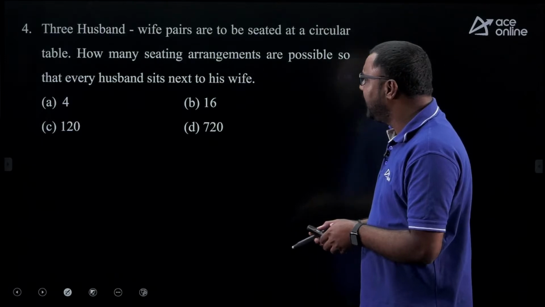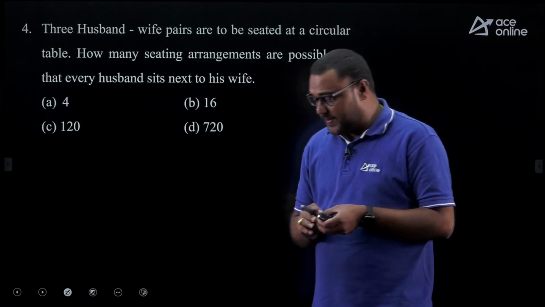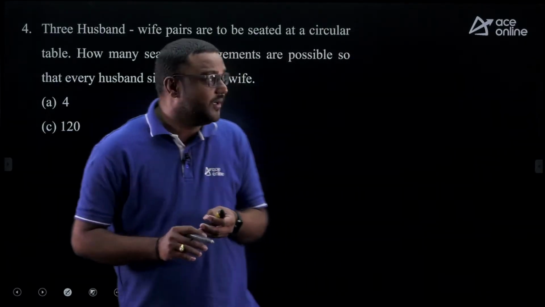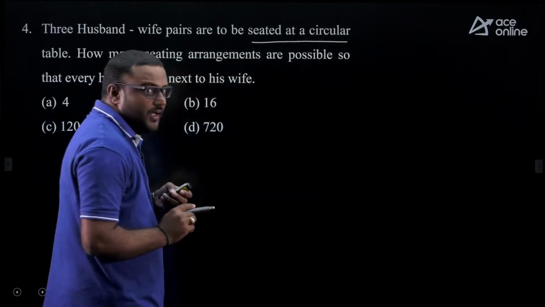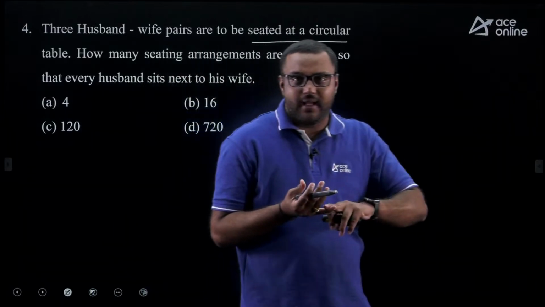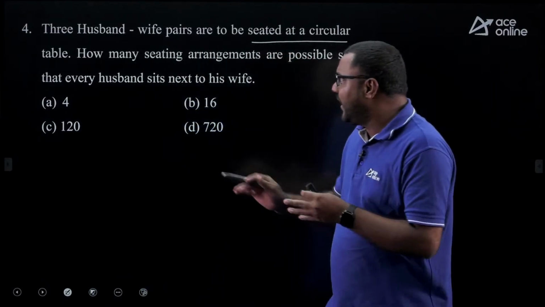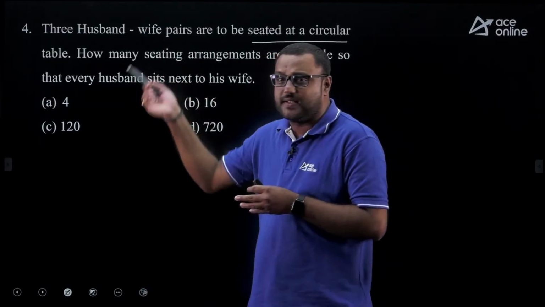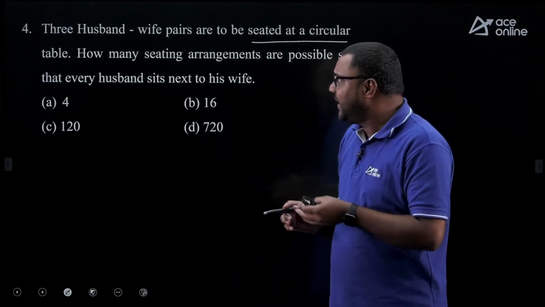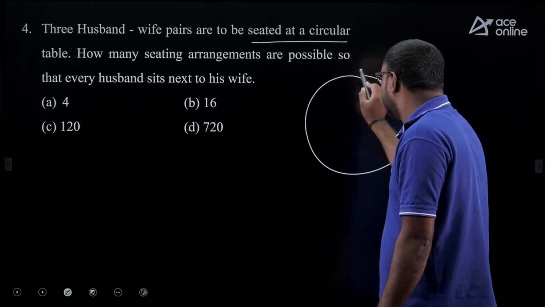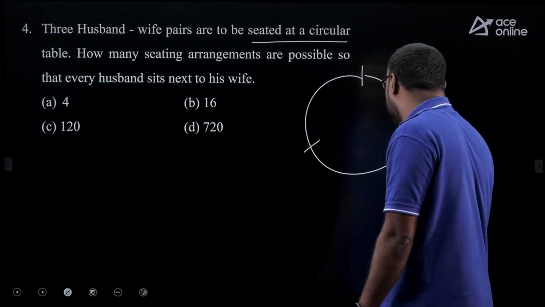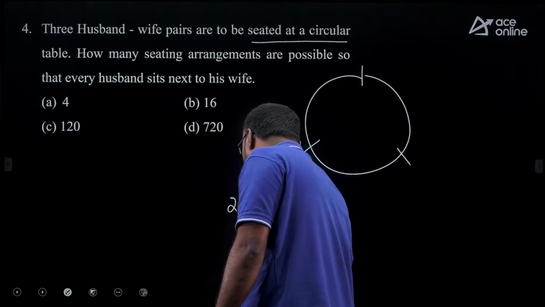Now see the next question, my dear friends, related to seating arrangement, circular arrangement. Here you see they mention circular arrangement. You have 3 pairs, husband and wife as 1 pair, 3 such pairs, total 6 people. If you want to arrange the 3 pairs in a circle, we have 2 factorial